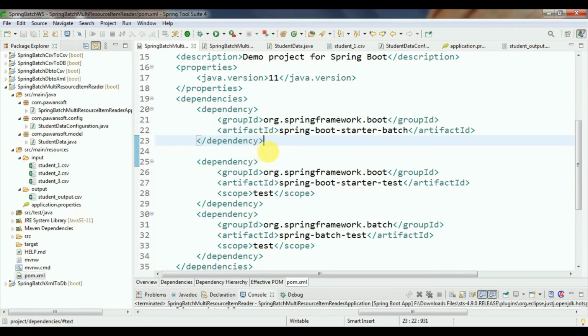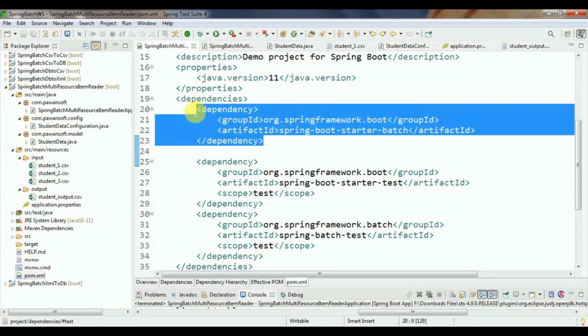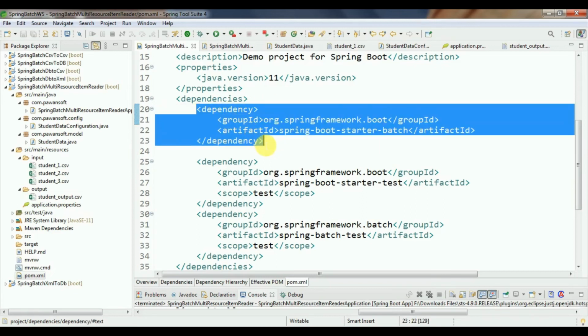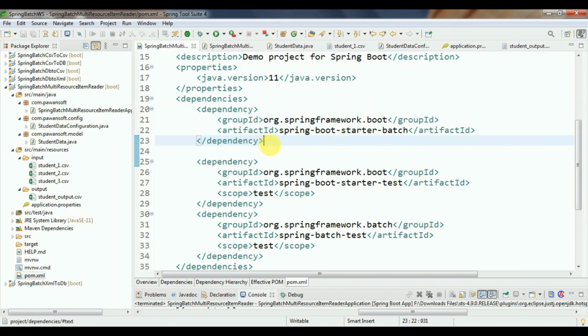If you are using any database, then you have to add the dependency here. Otherwise, in this tutorial I am only going to read the data from the CSV files, and the same data I am going to write into another CSV file. So I am not using any database. There is no use of a database, so I have not written any database related dependency.